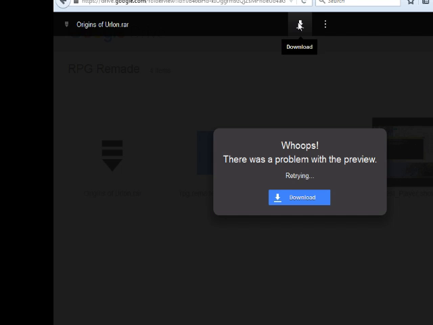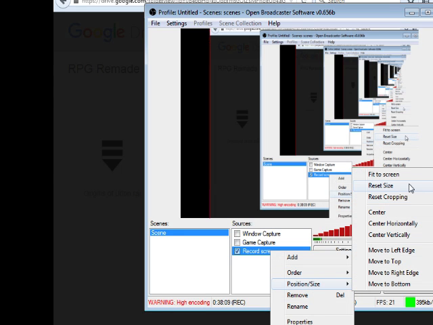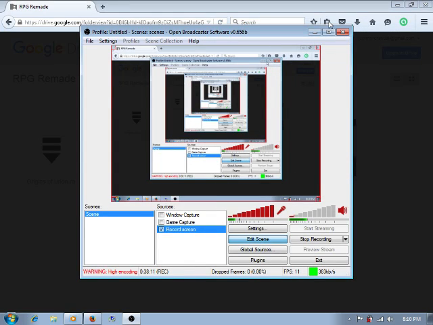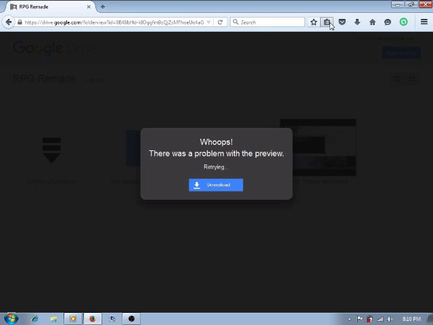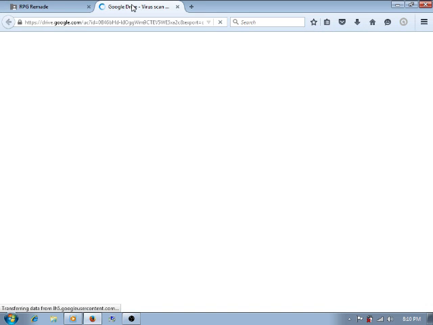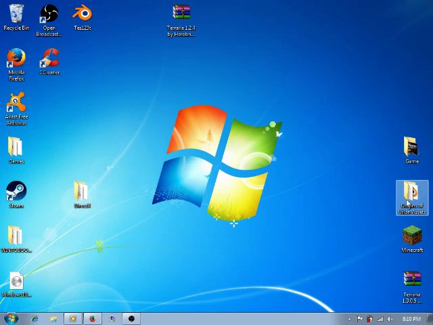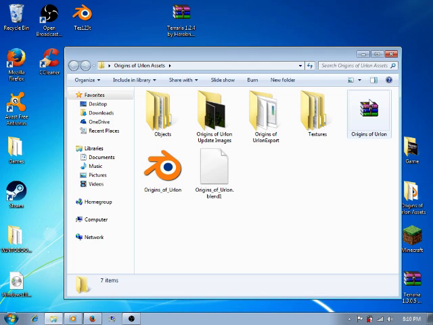Scale it up to full size again. Anyways, click download, and then download anyway, and you get a file that looks like this.